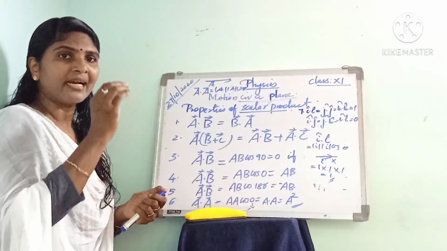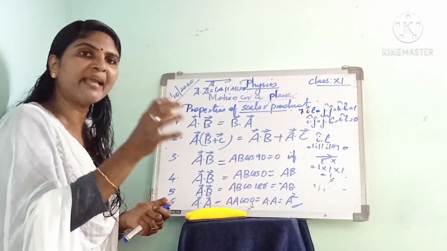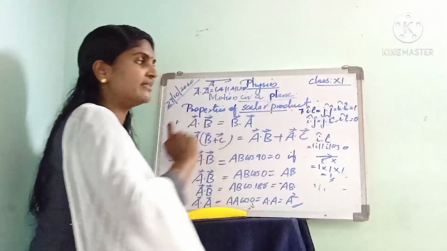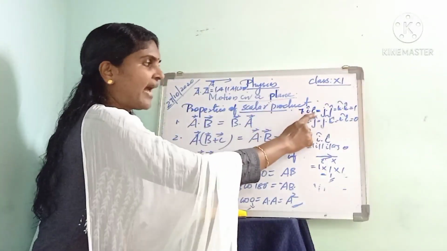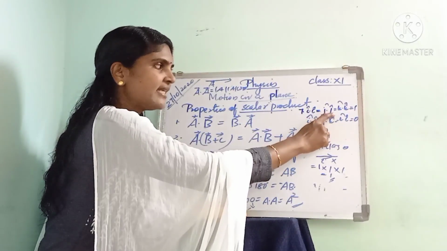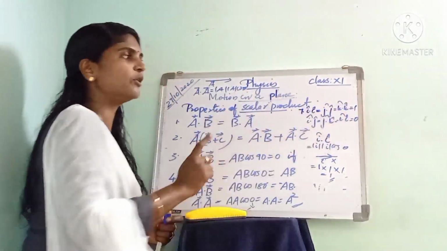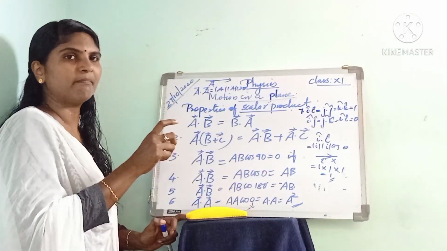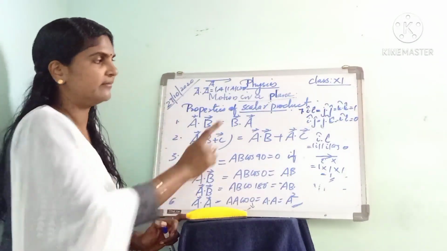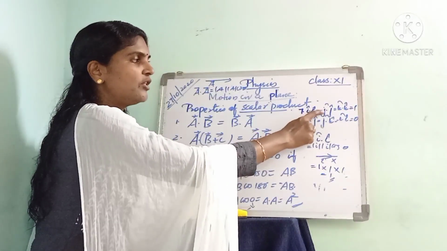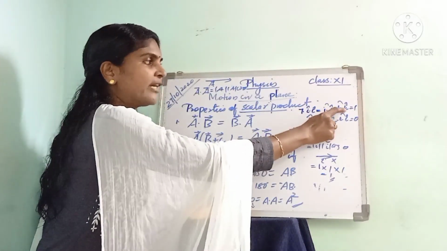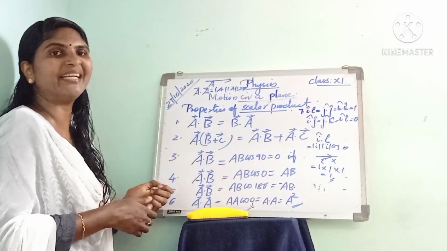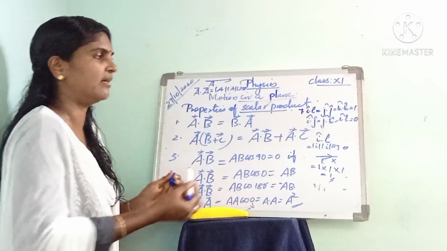So we can say the dot product of similar base vectors, or the dot product of similar unit vectors, is actually 1. This is very important. I dot I is equal to j dot j is equal to k dot k is equal to 1. The dot product of similar base vectors is actually 1. But when we take the dot product of dissimilar, or different, base vectors, first we can take I dot j.